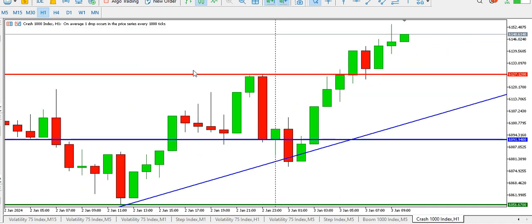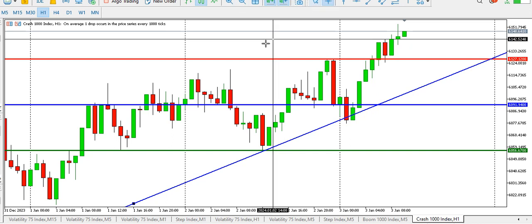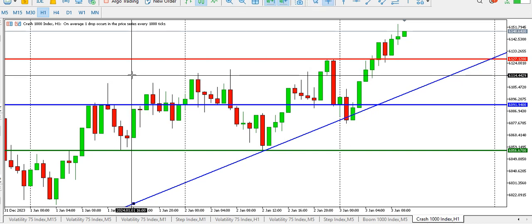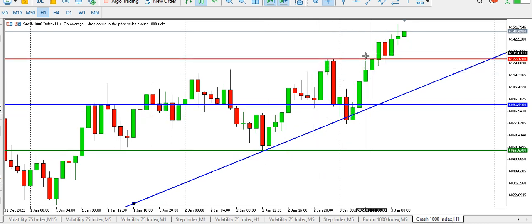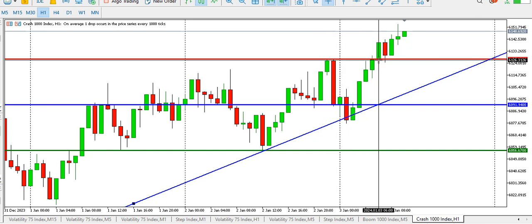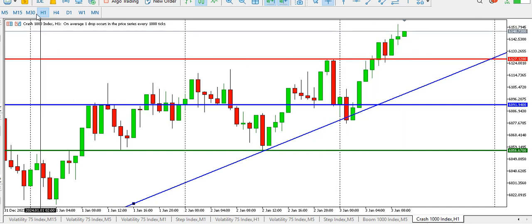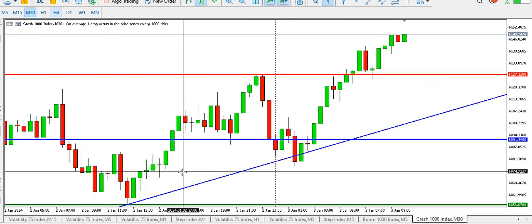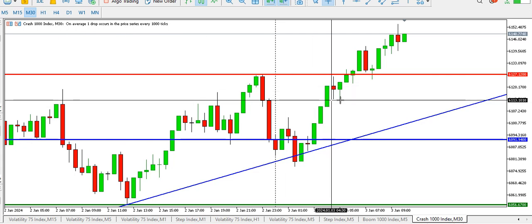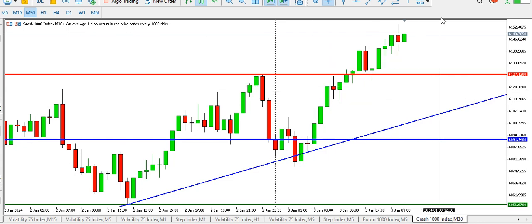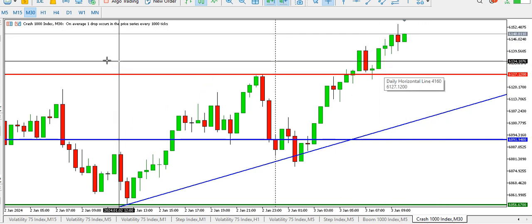On the 1-hour time frame, Crash 1000 index continues to break structure to the top side. We have a structure around here, got broken around there, it dropped back to this trend line, and it has broken this particular structure around here, and price continued to print upward. On the 30-minute time frame, it shows that the only direction Crash 1000 index is focused on is the upward direction. So if you have to trade Crash 1000 index, look for buy